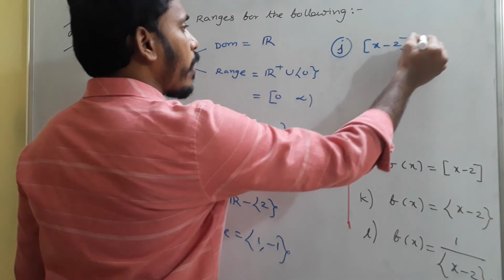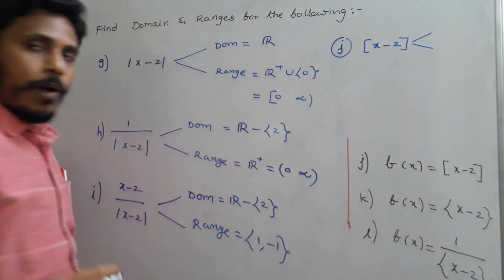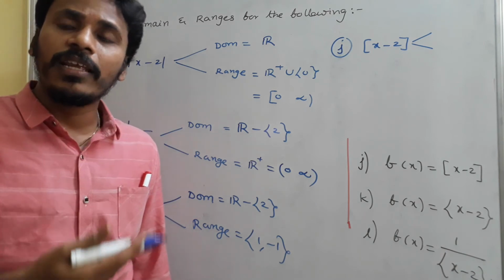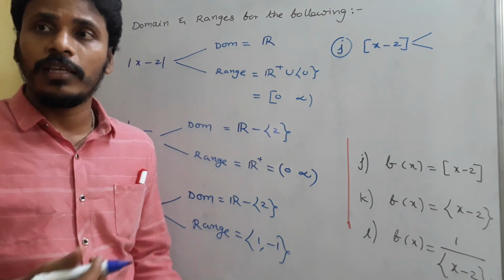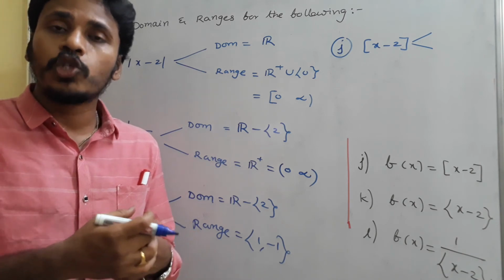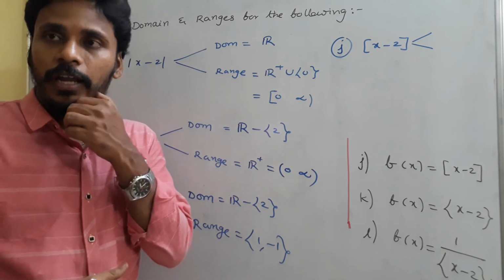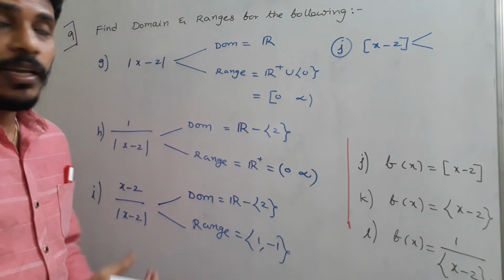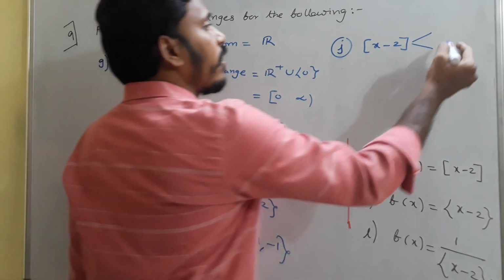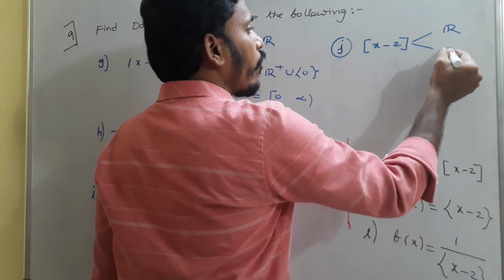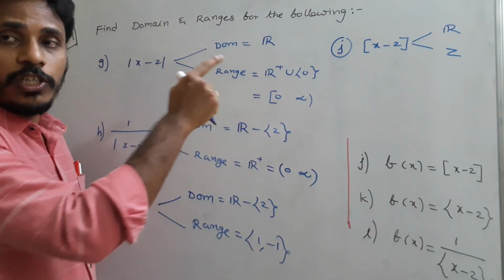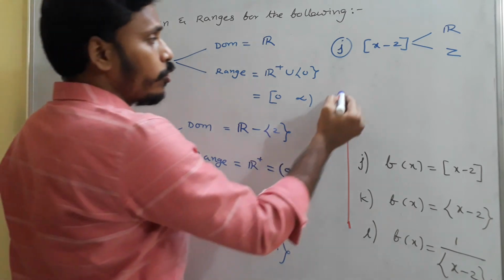For step of x minus 2, what do you say about the domain, what do you say about the range? See, you can take any real value in the place of x in step. We have a chance to apply that step for every real value. Always the result is just an integer, as we discussed. Step in the sense it represents the integral value, and that's why the domain is all real numbers, whereas the range is just integers. The first one is domain and the second one is range. You just think about it.